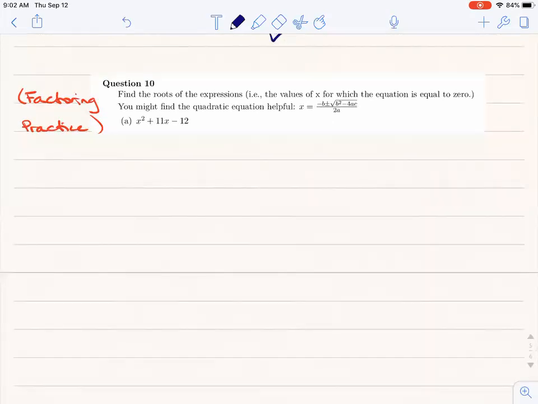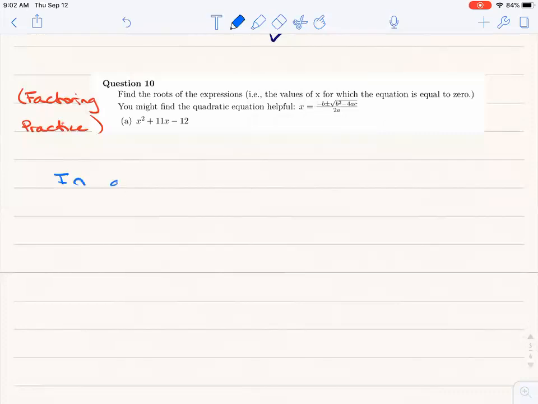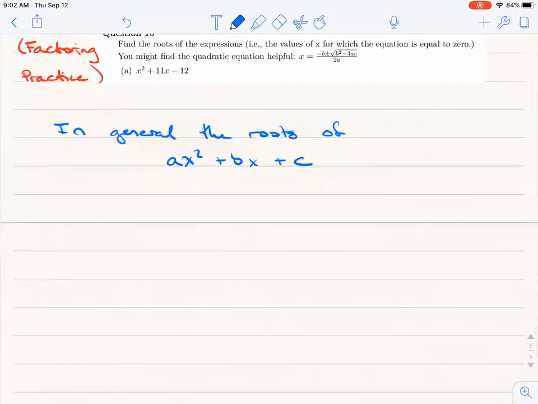And so in general, let's do a little general note here. In general, the roots of ax squared plus bx plus c can be found using,